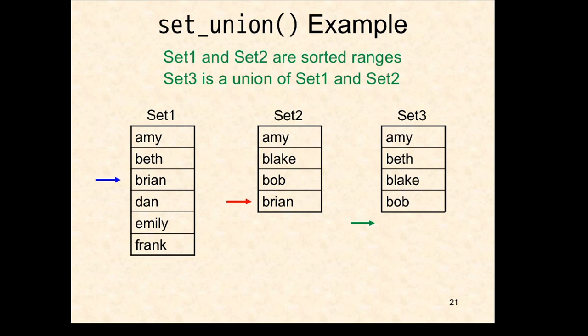All right, I got Brian and Brian. Two Brians, we copy one Brian to the output, we move all the iterators forward. Now we've reached the end of container 2. We don't have to do any more comparisons. Since we're doing a union, everything left in container 1 gets copied over to the output, one value at a